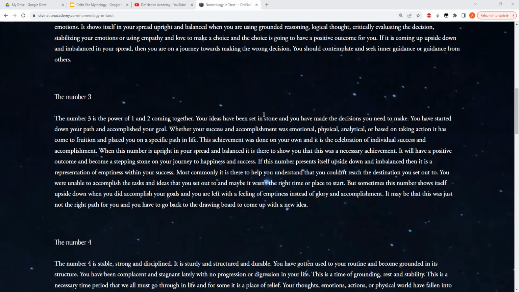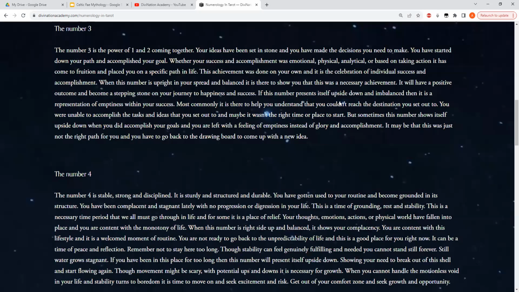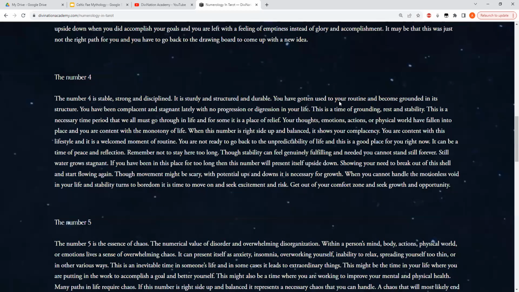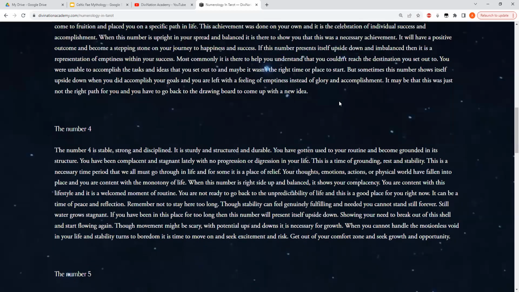Okay. So I loved everybody's answers for number 3. It was beautiful. And if you do have anything more to say about the number 3, please put it in the chat. Even if we have already moved on to the next number, I will definitely read it. And I really would love to hear what you have to say about the number 3. So we are going to move on to the number 4.